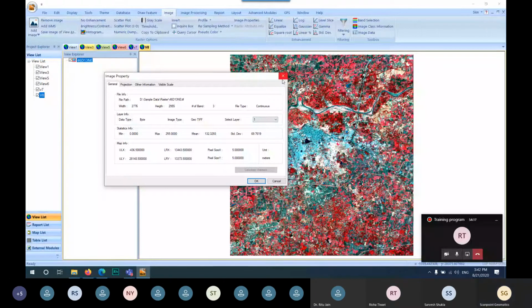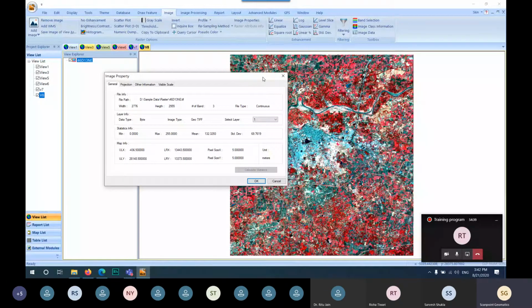So the very first thing in image processing is to know which type of image we want to use. There are four types of resolution in an image: spatial resolution, spectral resolution, radiometric resolution, and temporal resolution.